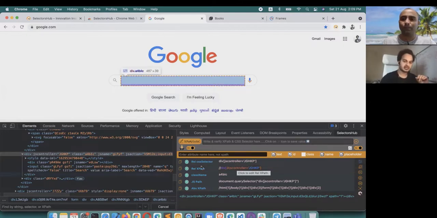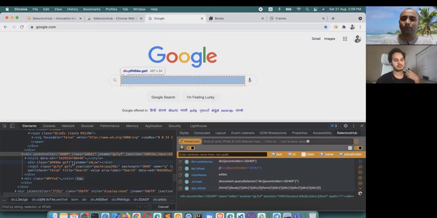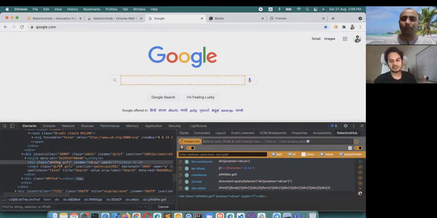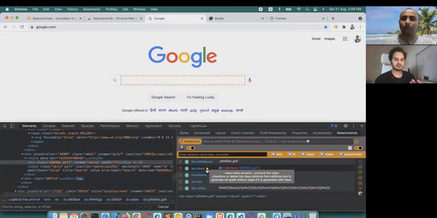Okay. So here this class is not dynamic, but for selector sub it looks like, for another person, alphanumeric, like dynamic, as if it would change if we refresh the page. But actually it doesn't change. So I know that for google.com this class is not going to change, so I can use it. Selectors hub just suggests that this looks dynamic. If you want to generate, you can continue with this class, or if you don't want, then you can uncheck it, because in the world there is no algorithm which can tell that abc123 is dynamic or static. It could be static for you, but it could be dynamic for me.